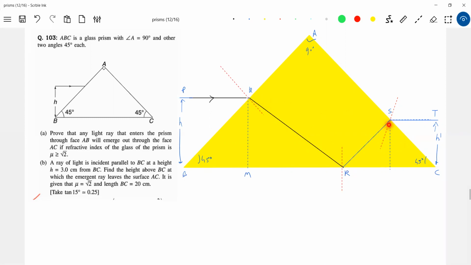So I took help of scale and protractor. It really troubled me almost 1 hour. Yesterday I spent 1 hour. I just assumed it like this. I got some H dash not matching. Then I thought, what is the problem? Then I measured these angles, everything. So the angle is such that the ray after reflection will not come here, it will strike the base, undergo TIR, and then again undergo refraction.